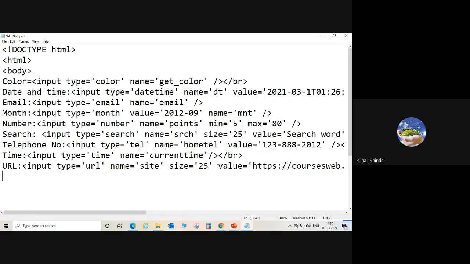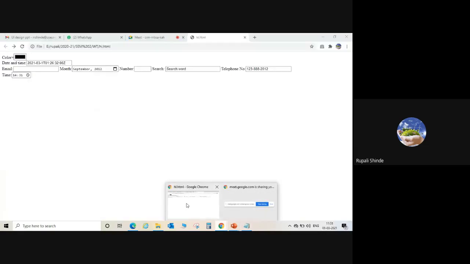If we do not include the value, then we can add our own URL. Okay, likewise we can insert the URL.